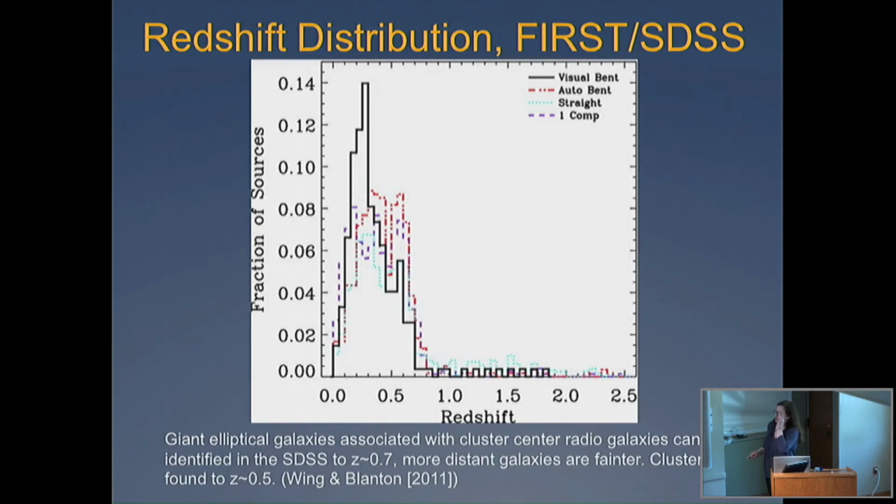First of all, of course, you're going to be limited in redshift because Sloan is limited in depth. So we're going to basically be able to recognize host galaxies out to about 0.7. We can really measure a cluster, so the host and surrounding galaxies, out to about 0.5, doing that work.